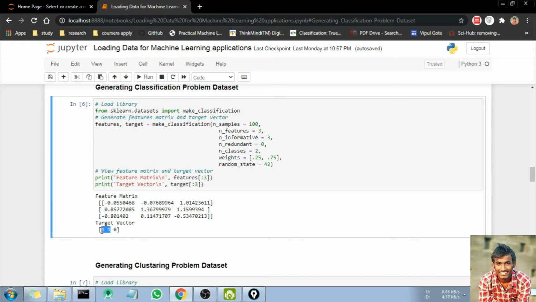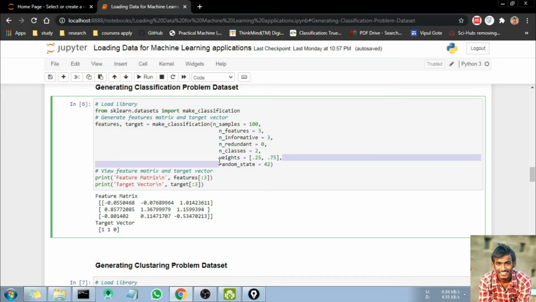Here we want the output labels in terms of zeros and ones. So basically this is a binary classification problem, because our output class label varies in just two values, 0 and 1.